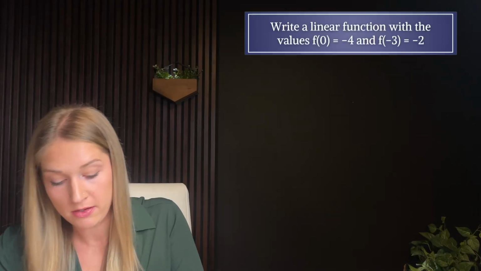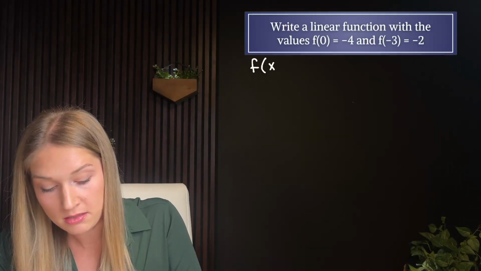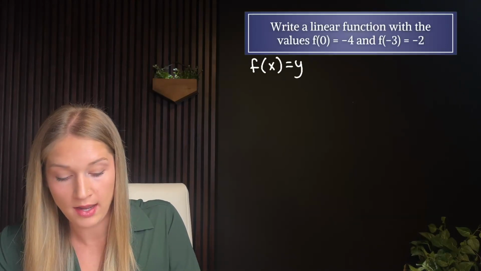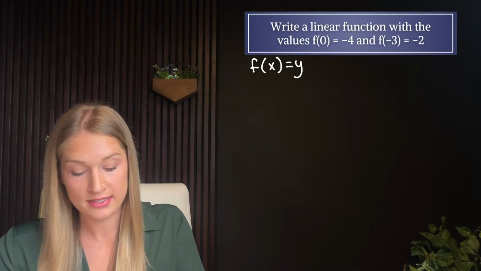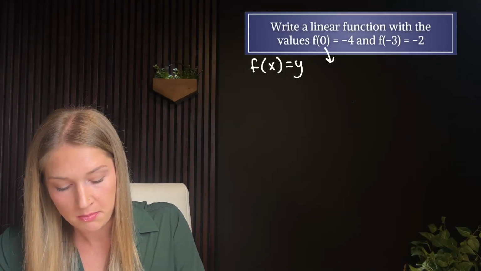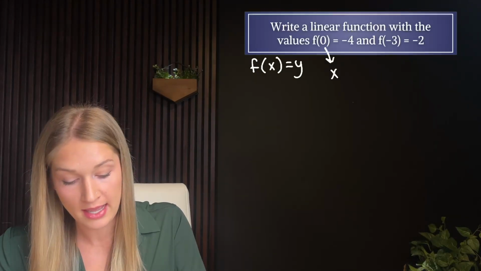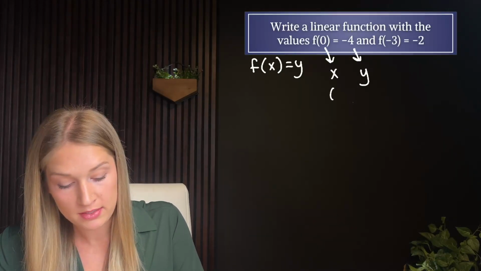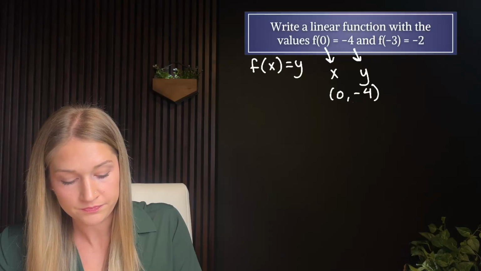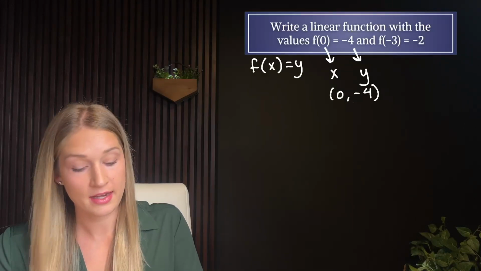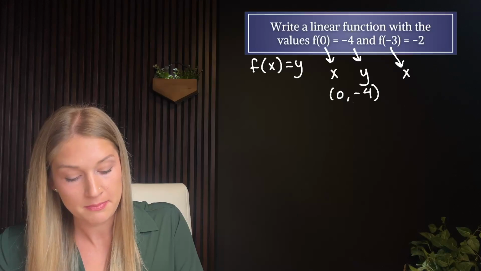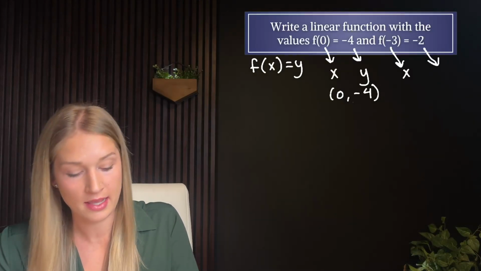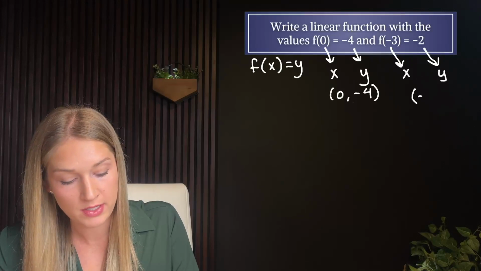One thing that we know about functions is that the input is your x, and then whatever you get out is your y. So looking at these two, I see that my input of the first one, my x, is going to be 0, and the output is a negative 4, so that gives me my y. So this point is 0, negative 4. For the second one, that input inside the parentheses, my x is negative 3, and then the negative 2 is what we got out, and that gives me my y. So my second point is negative 3,